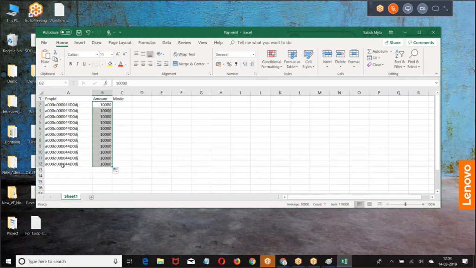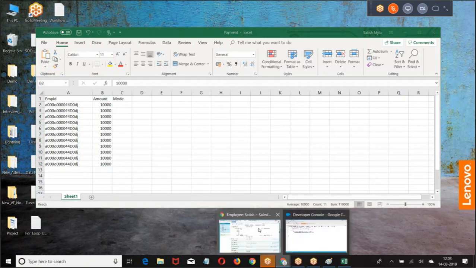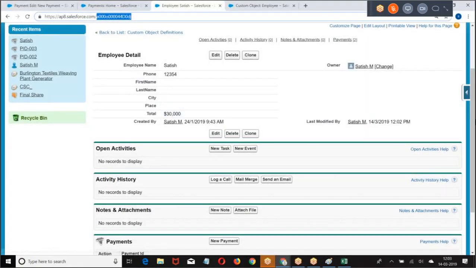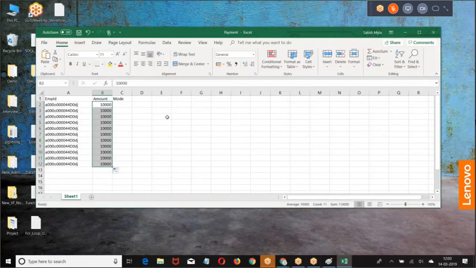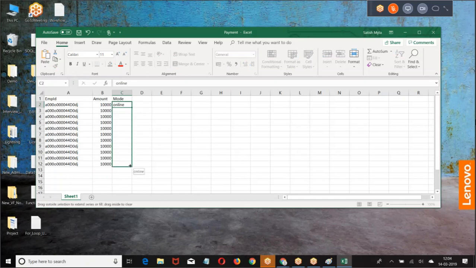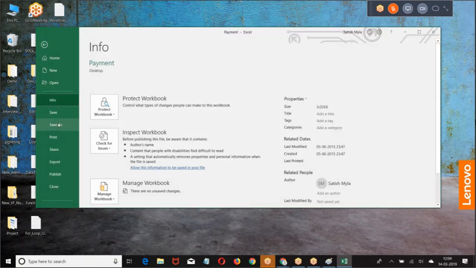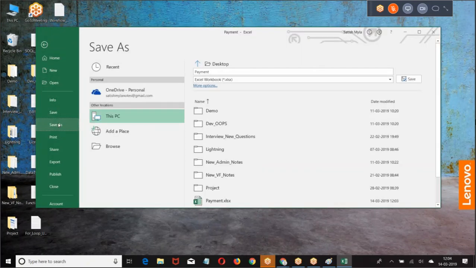It is 12 into 10,000. Already existing data 30. So I give 12 into 10,000. Total 1,20,000 plus 30. Now look at this. When I'm doing it, multiple payments are done for the same parent. Then how will you do that?